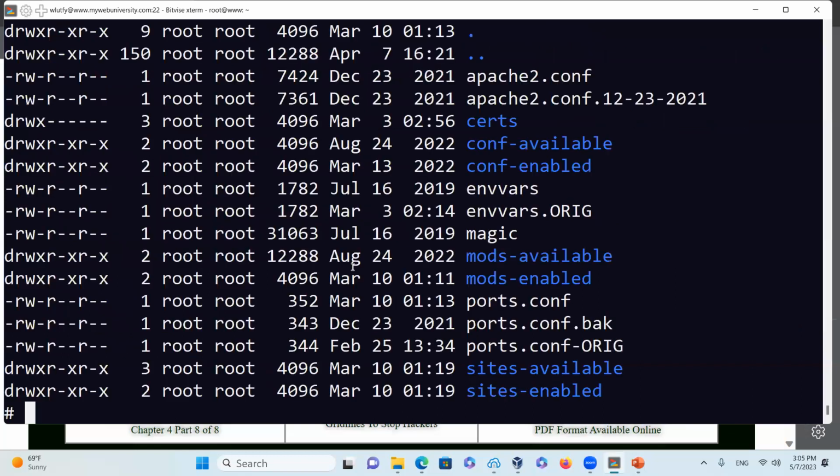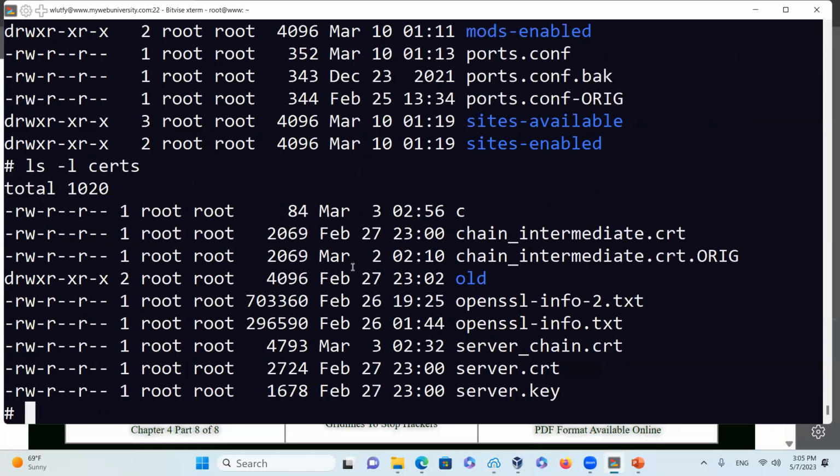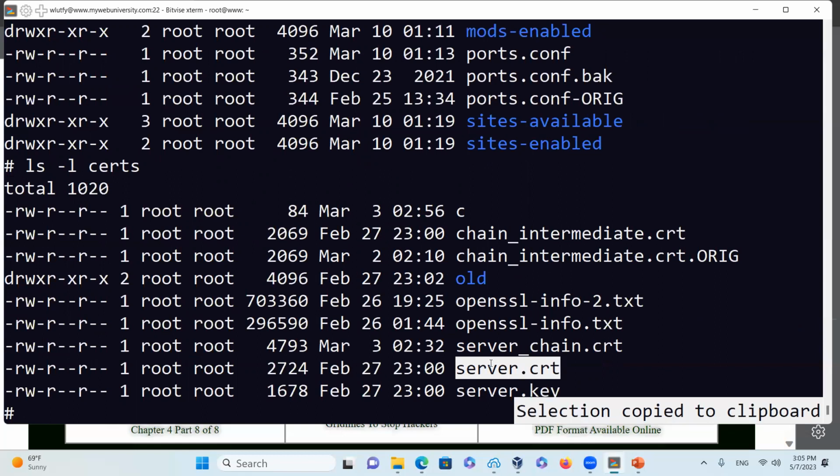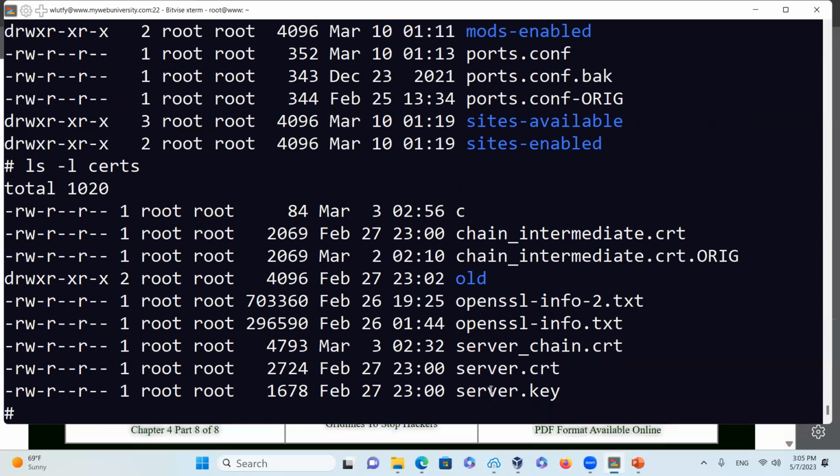What other files are important here? Oh, the cert file. Okay, the cert file is the cert directory here, and then notice the cert file. You have a server.key and you have a server.cert, and those are the actual certificate of authority files that you can just use